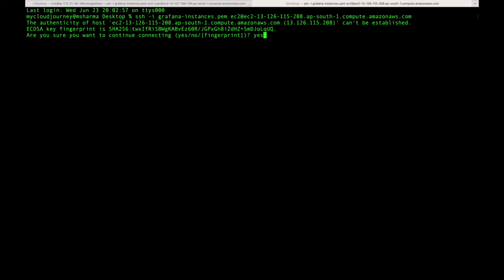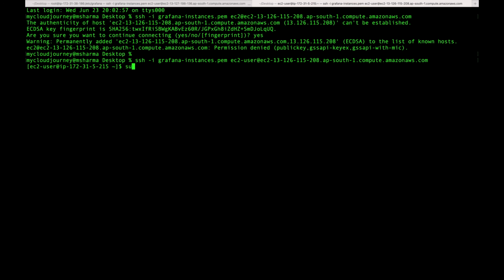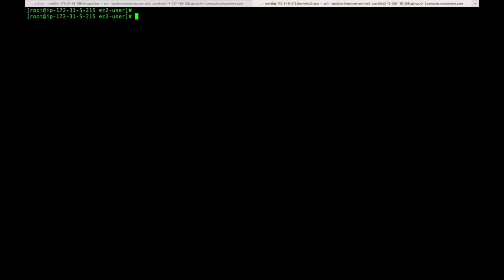So I'll repeat the same steps that I did for the first EC2 machine. So it's not allowing me to access this machine. Okay, so username is ec2-user. sudo su. Okay, so I will install. I will also configure.